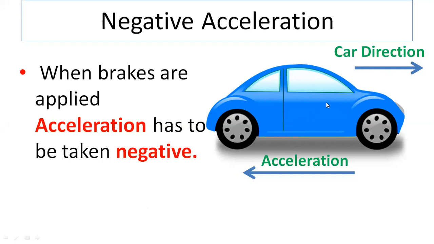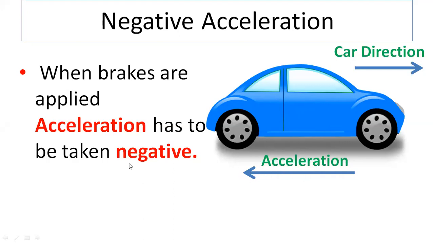But you have to understand that whenever you are applying those brakes, your particular car is actually trying to move backward. What you're doing is you are trying to stop that car, and when you are stopping it, suppose it is at this moment, the car is still going to the forward side. That means your acceleration is acting in the opposite direction. Your acceleration is in the opposite direction because your velocity is decreasing. That means your acceleration is negative. It is in the backward direction.